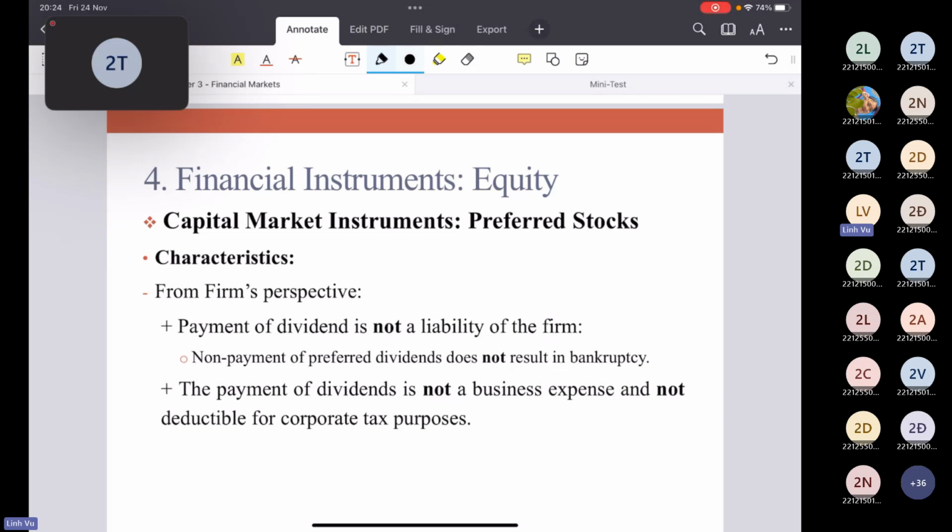Like if the firm cannot pay the dividend payment on time, then the preferred stockholders cannot force the firm into bankruptcy. So it's the same with the common stockholders. And the dividend payment here is not tax deductible. So you can see that it has some features like the bond and some features like the common stock, and therefore